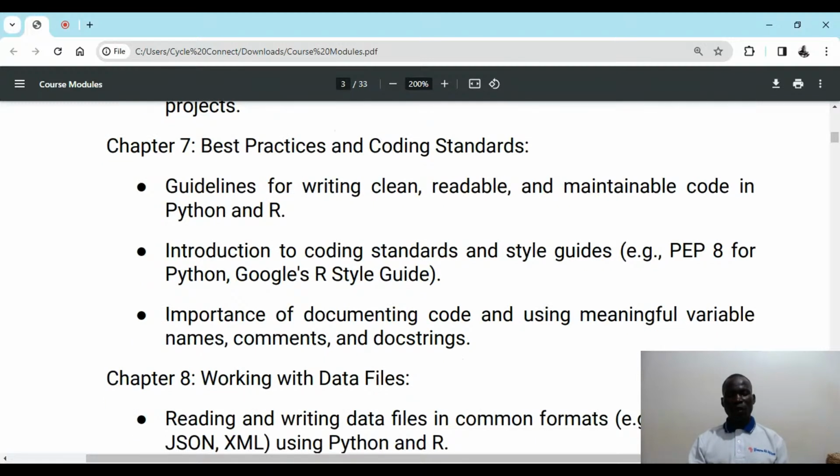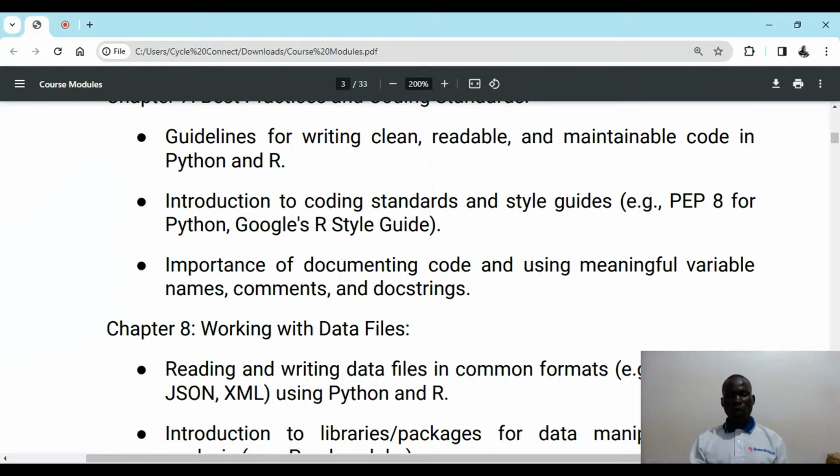In chapter 7, we will look at best practices and coding standards. So we are going to talk about the guidelines for writing clean, readable, and maintainable code in Python and R. And then we also talked about the introduction to coding standards and style guides, for example, PEP 8 for Python, Google's R style guide, which is for R. And we will also look at the importance of documenting your code and using meaningful variable names, comments, and docstrings